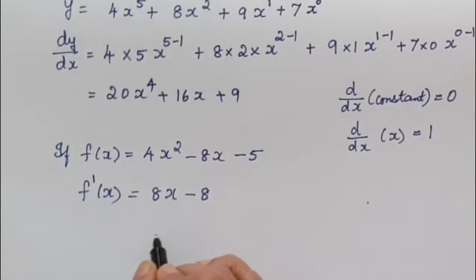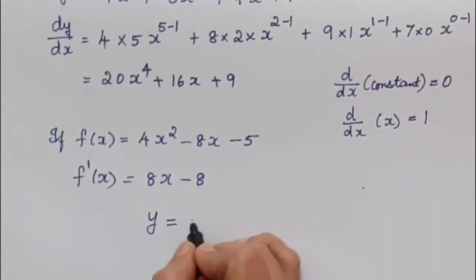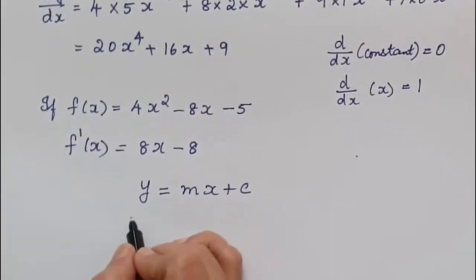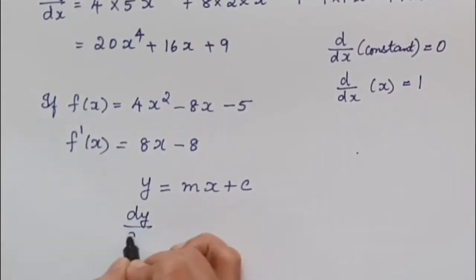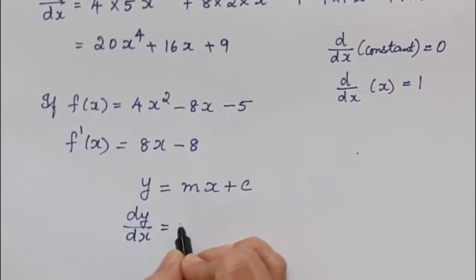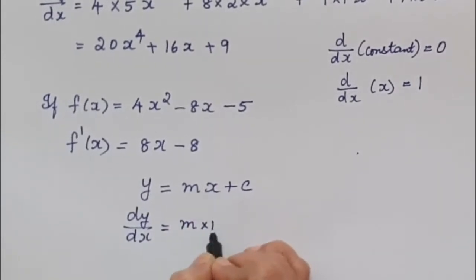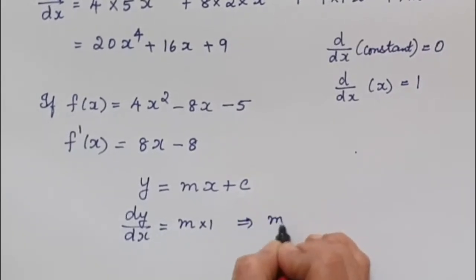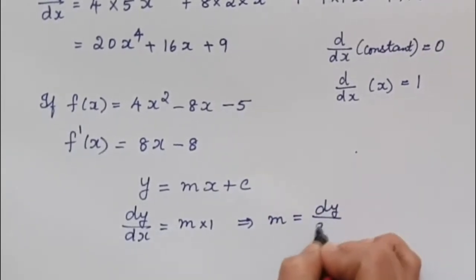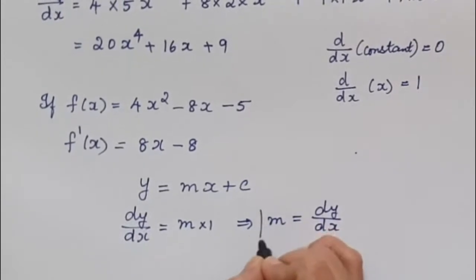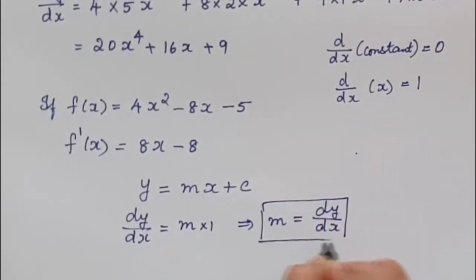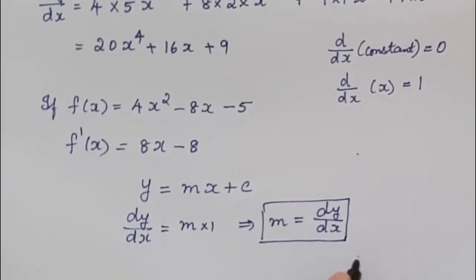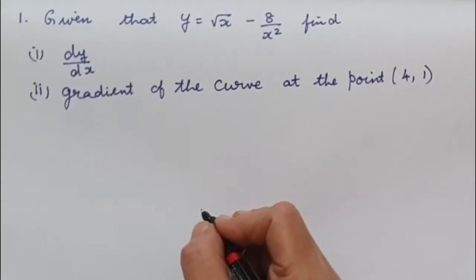Now let us see, suppose we are going to differentiate a straight line y equals mx plus c. When we differentiate this straight line, dy over dx will be equal to m, as m is a number. When you differentiate x it is 1, and then c is 0. So this gives that our gradient is nothing but dy by dx. This concept of the gradient and dy by dx we will be using in order to find the equation of the tangent and the equation of the normal. Now we'll see a few examples.